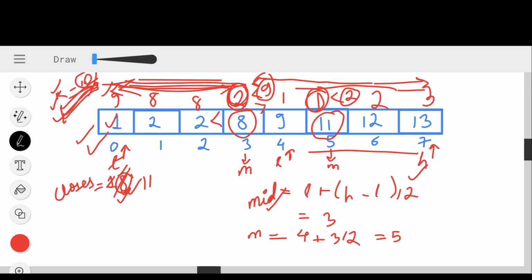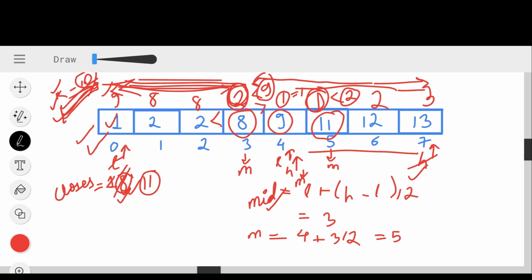Now again we will update our h to mid minus 1, because there can be a possibility of finding our closest value here. So let's update this h here. Now my mid will also point to here only, because my L and H both are pointing here. So let's find out. My 9 minus 10, I am getting a value 1. Is my 1 less than 11 minus 10? That is 1. No, it is not less than, but it is equal to 1.